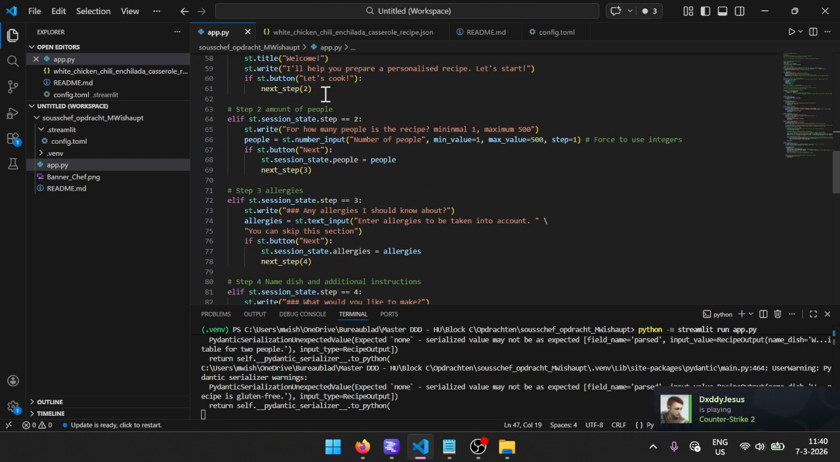Step 2 is the amount of people. For example, you can have a minimum value of 1, if you just want to cook for one person, or a maximum of 500. I've put it at 500 because I'm scared that if you give it a way higher number, it will get more issues. Again, it's just a small local LLM, not a highly advanced one. Anyways,